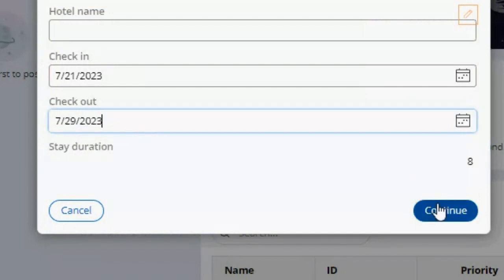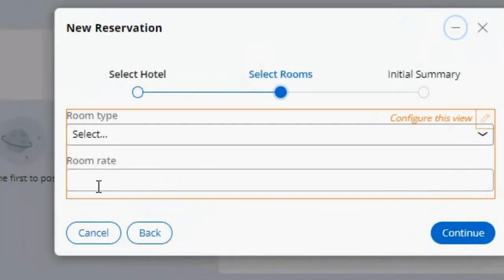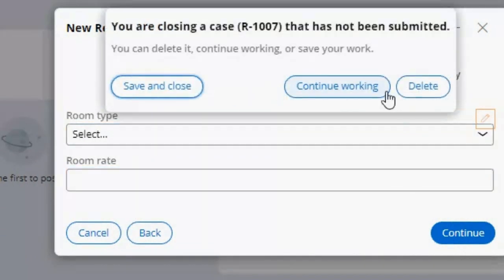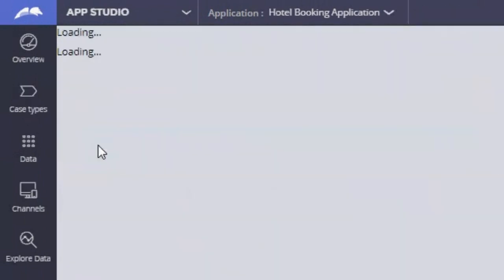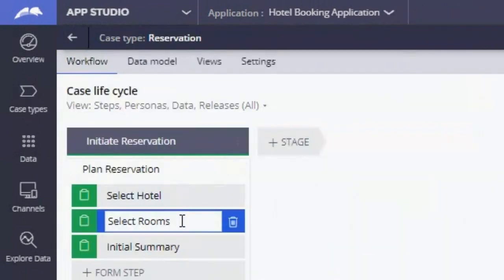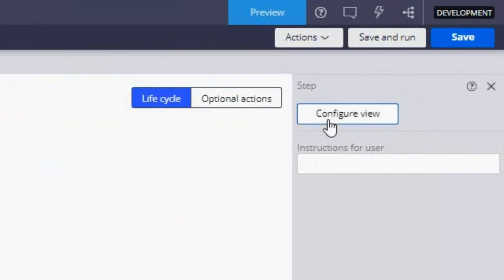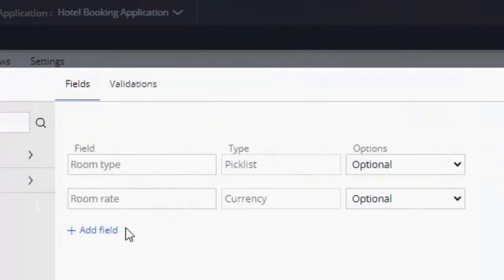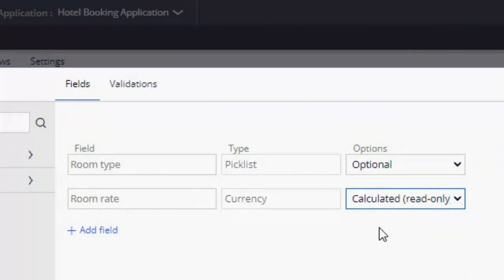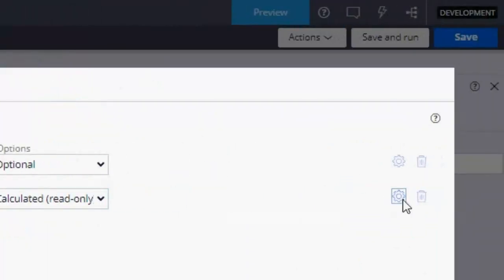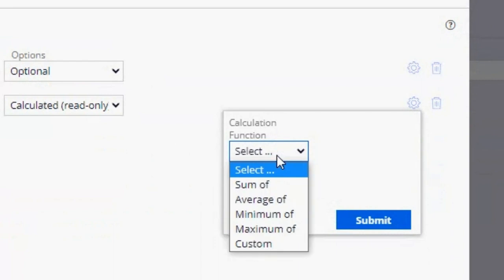Now, the next thing that I want to do here is this room rate. I want it to be calculated. So let's work on it. Let's go to our case type. Let's configure this view. And let's make room rate a calculated value. So in functions, I'm going to,